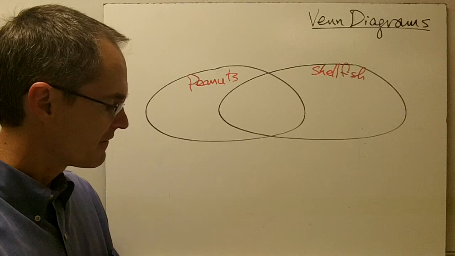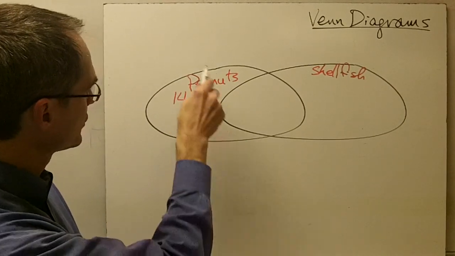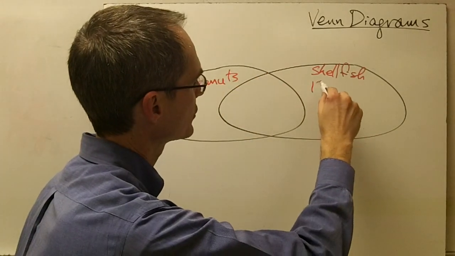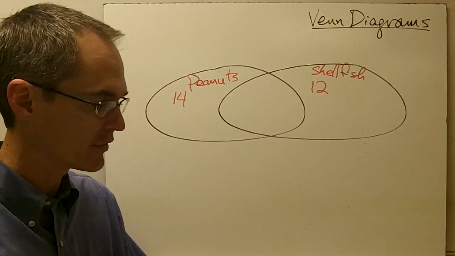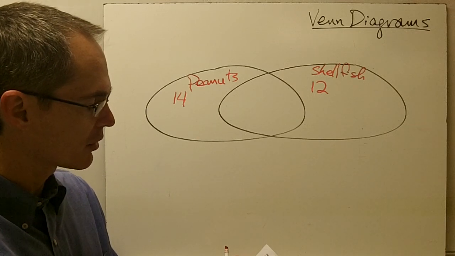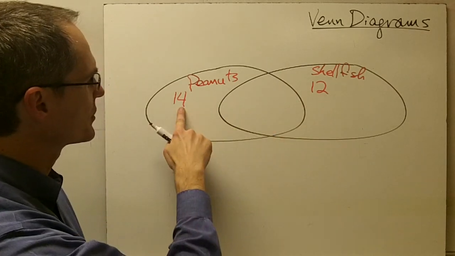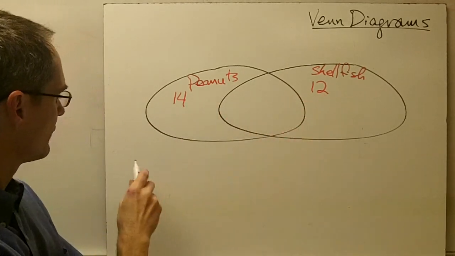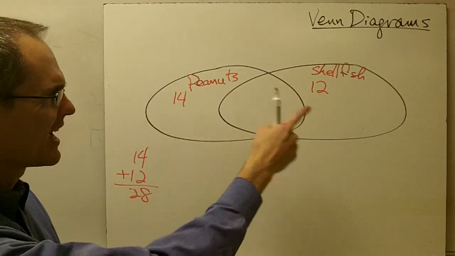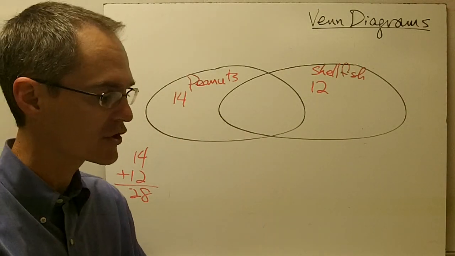So it says 14 students are allergic to peanuts. So presumably I've got 14 students in this oval. And 12 are allergic to shellfish. So I've got 12 students who are allergic to shellfish. But I'm also told that there are a total of 21 students at Riverside High School. Well, if I add up these numbers, students allergic to peanuts and students allergic to shellfish, I get 14 plus 12 is 28. I've got too many students. I've only got a total of 21 students who are allergic to peanuts and shellfish,